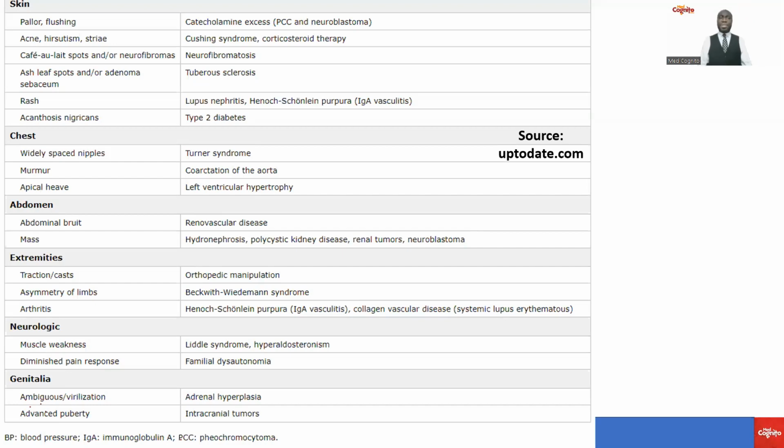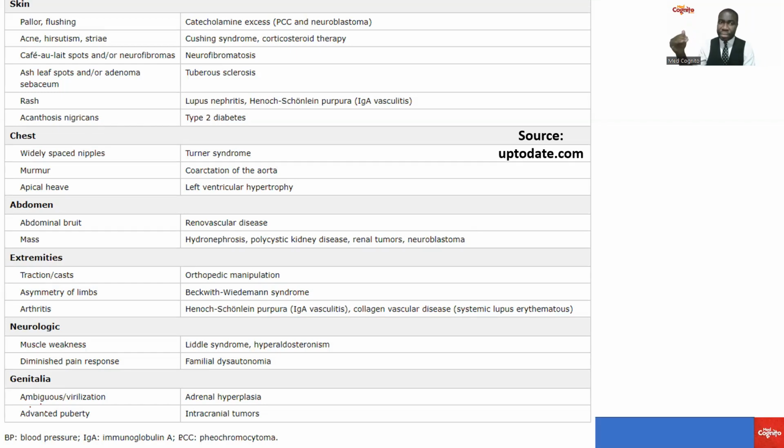If you do an abdominal exam and you can hear an abdominal bruit, what are you thinking about? If you do your abdominal palpation and you palpate a mass, what differentials are you thinking about? Hydronephrosis, polycystic kidney disease, Wilms tumor, neuroblastoma. If you see a child with hypertension and maybe has some casts and all other things, you're thinking about renal disease. Asymmetry in the leg. Asymmetry, one limb is bigger than the other, plus hypertension. Then you're thinking about